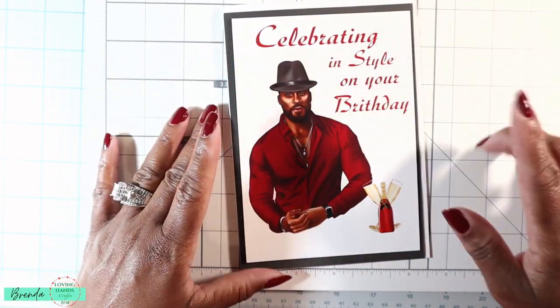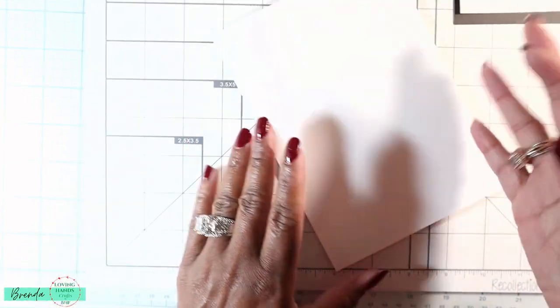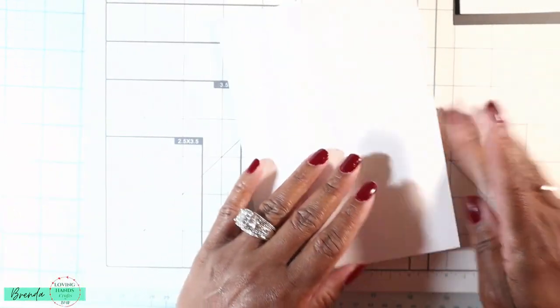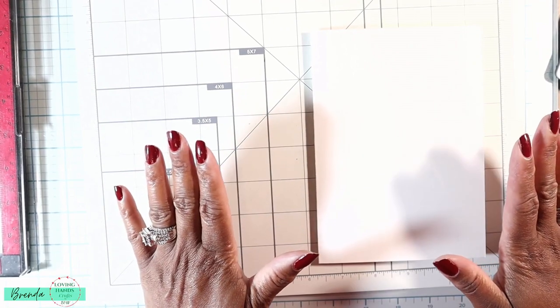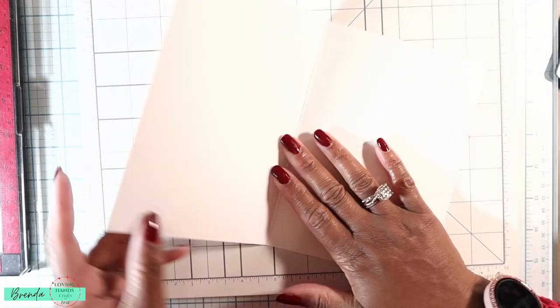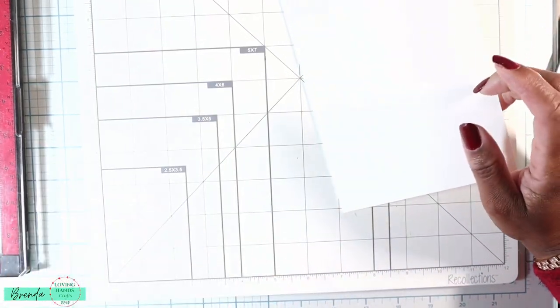And then I thought before I do that, though, I didn't put a sentiment. Now, I've got two ideas for the inside of the card. I can either use this to do another print and cut image, or I'm going to heat emboss. I haven't decided yet. But whatever I do, I'll let you know. So, I decided I was going to do some heat embossing. So I'm going to do it in 2 stages. I'm going to use my Versamark ink to lay down the happy birthday, and I'm going to be using some gold embossing powder